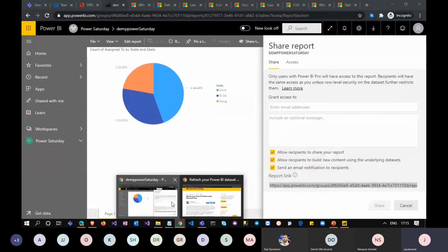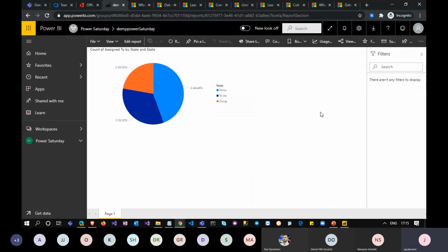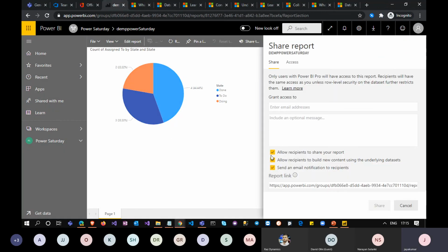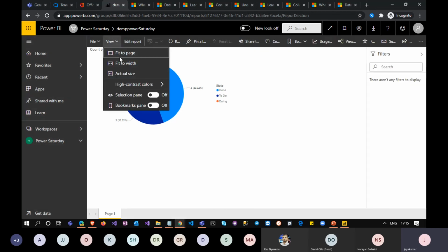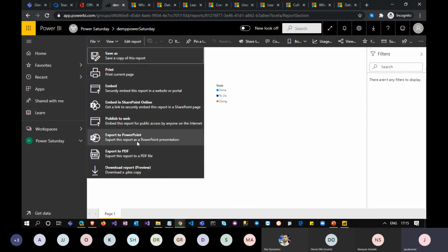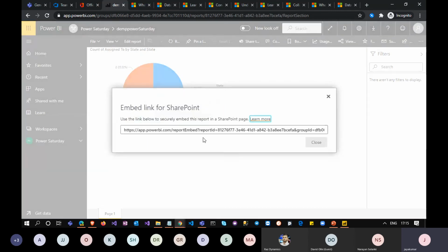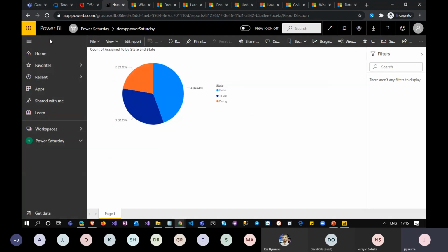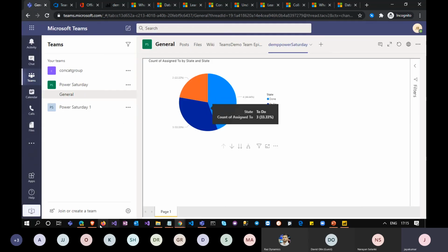Yeah, it's taking some time. Okay, fine. So let me show you some other stuff. Along with this, you can restrict the permissions from here, using the share option. Also, if you want to publish it and want it embedded into PowerPoint or into SharePoint Online, you can do it from here. For example, if you want to embed in SharePoint Online, you can get this report URL, same as we do for Teams. There is a widget available in SharePoint also, where you can put in this URL and it will be publicly available to everyone.